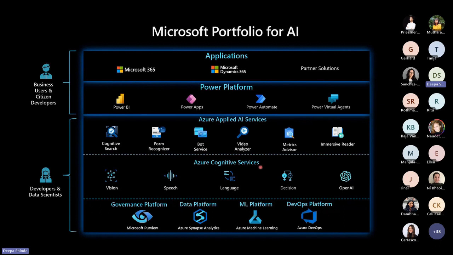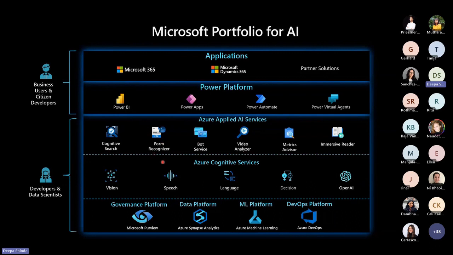And then you would have access to the cognitive services. Again, quite important. Apart from Azure OpenAI, you wouldn't have access to this because that's available only for certain types of subscriptions at this point in time. And unfortunately, over the weekend, you wouldn't have access to Azure OpenAI, but you would have access to all of the cognitive services, which includes vision, speech, language, decision making, but also applied AI services like cognitive search, which is more like an intelligent search.